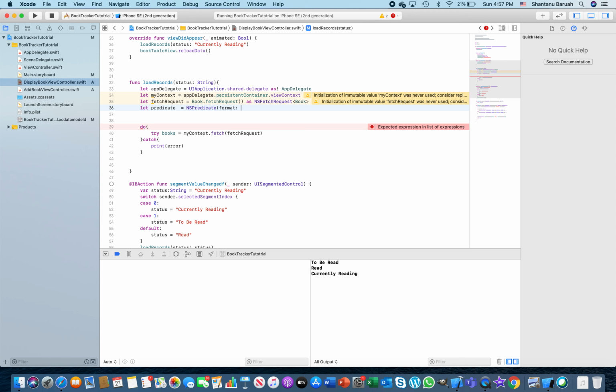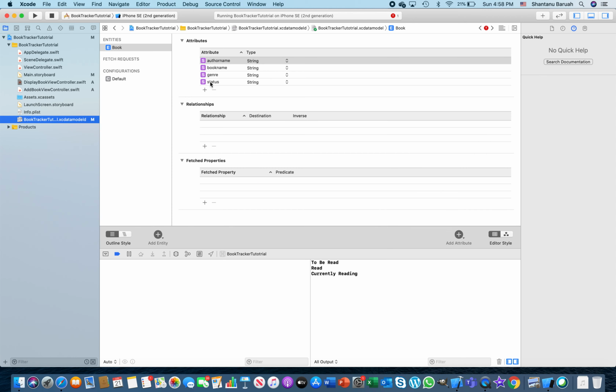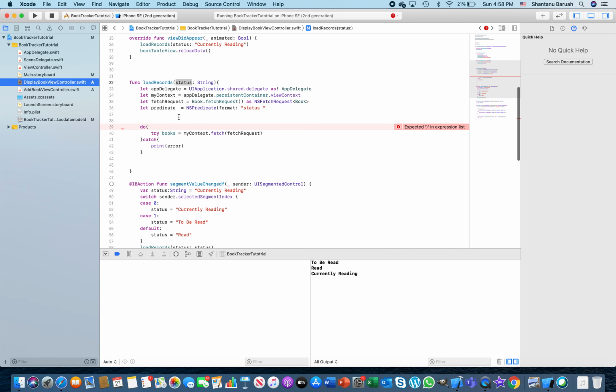You put double quotes, and these are syntax that you need to learn. So what you're saying is get me all the records where the status equals whatever this status is, right? So if you go back to your book, the variable name is status. Do you see here? That's the name I'm using, status. If both the statuses are confusing, give a different name, but both the names are the same here, which is totally fine. So you're saying status equals